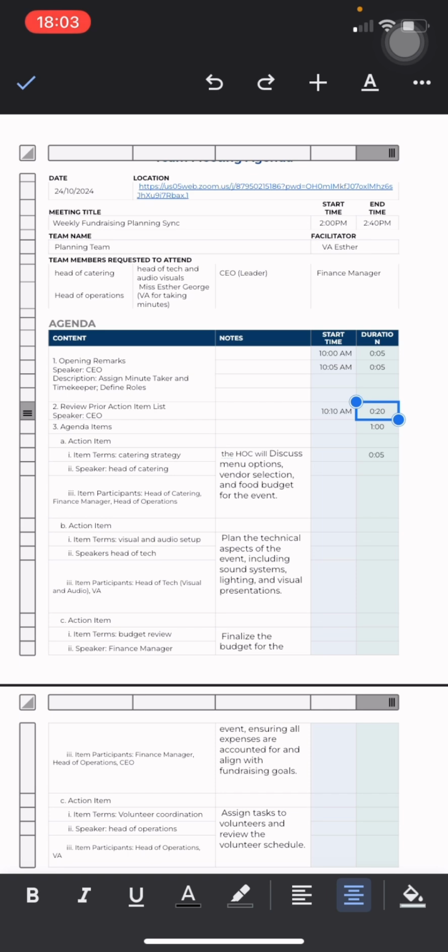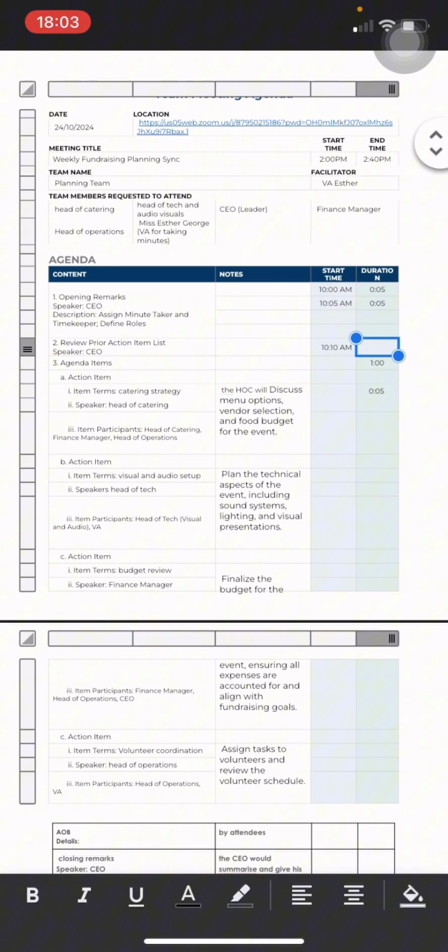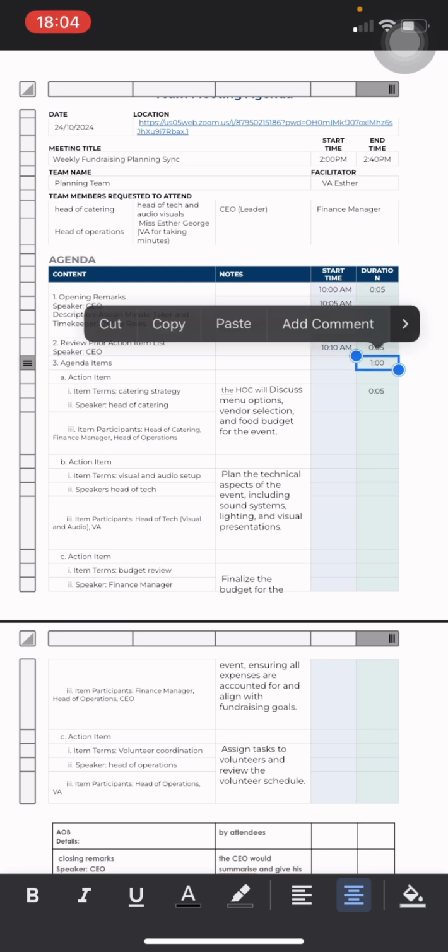So I want to remove this one like this now. Prior. Okay, I want to give you 5 minutes too, so that 5 minutes, okay, this one is cut. We cut it. So this 5 minutes now, let's come and copy it. You just copy it. You come here, prior this thing, you paste it. Opening remarks, this one we don't want it, so cut it. But you can paste it somewhere else. So opening remarks takes 5 minutes, prior blah blah blah takes 5 minutes,